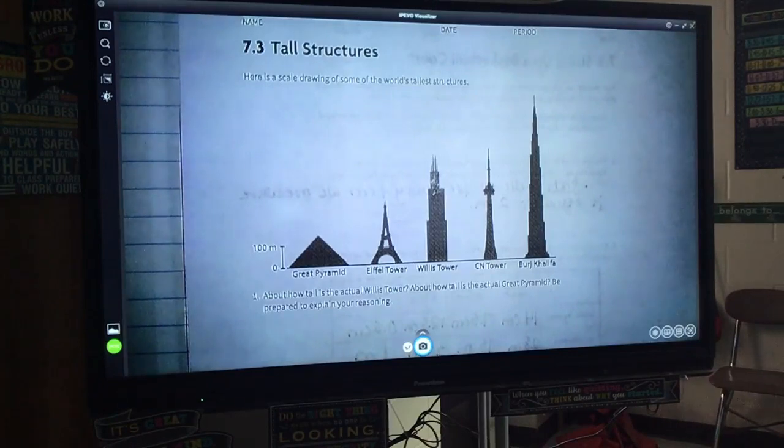About how tall? Oh, I didn't see that word. It is about 110. It's 500. How much taller is